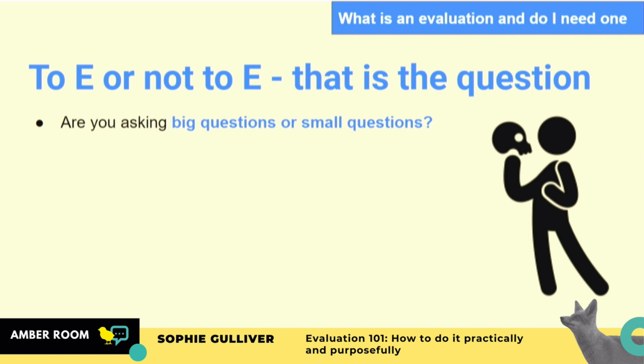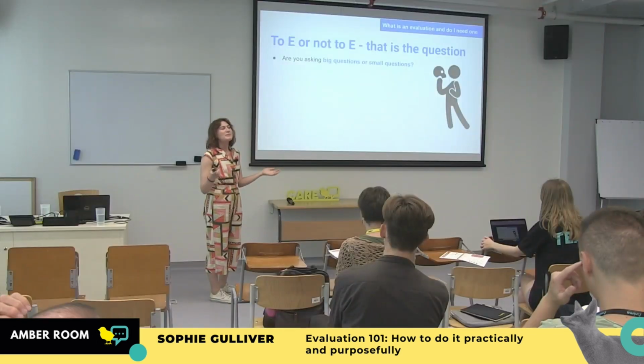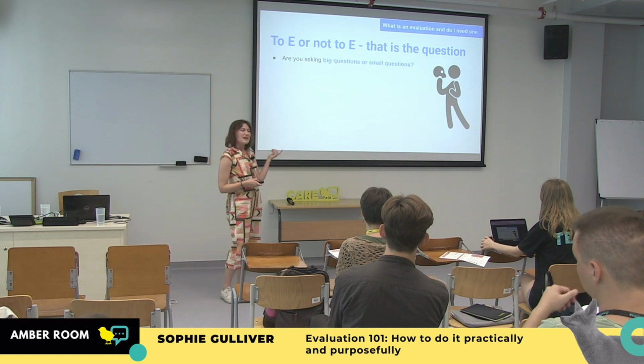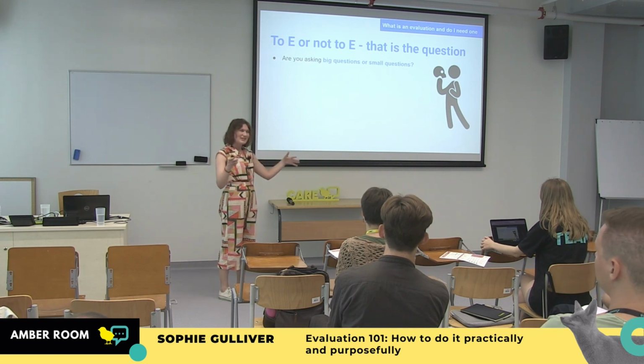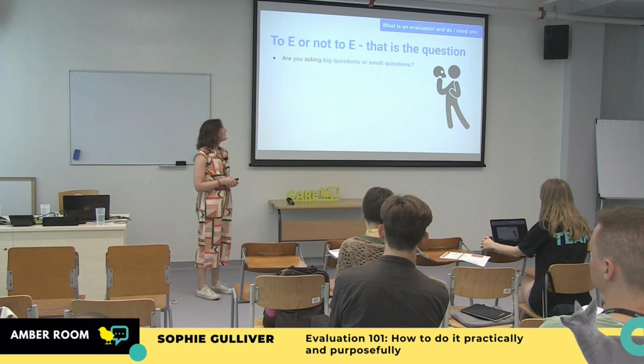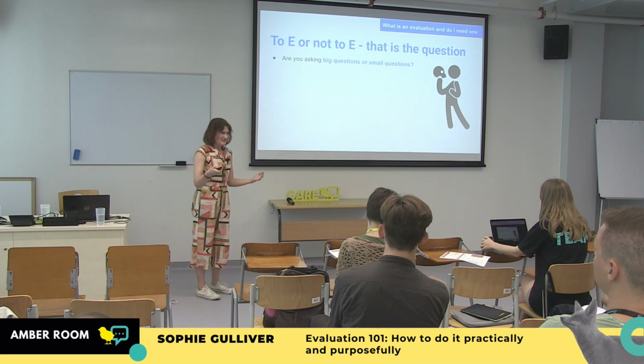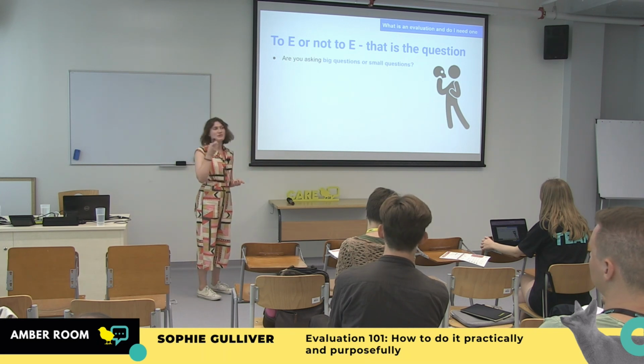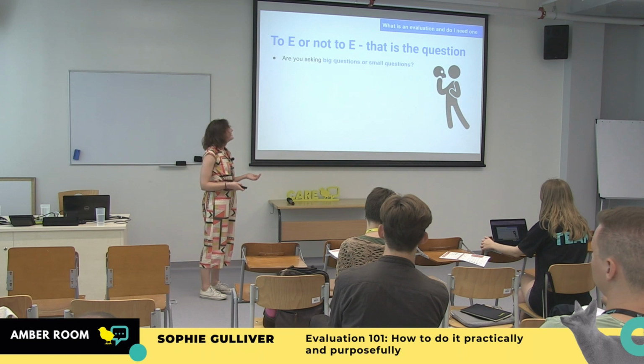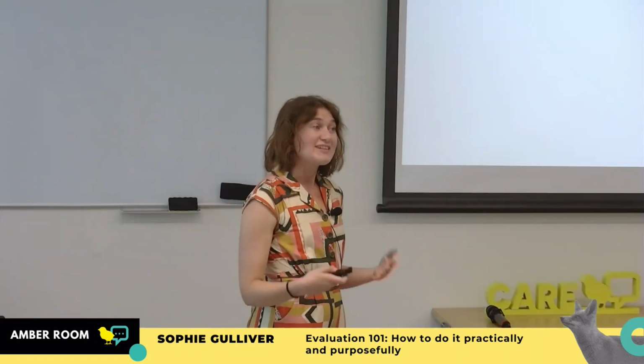Now the difference is that, are we doing the right things, is more an evaluative question. Are we doing things right is more a monitoring question. Are we living up to the plans, the milestones, the goals we set ourselves? So for some of these questions, especially something like, how many people are we reaching? Your monitoring data might just be able to tell you that. You don't need to do a big evaluation to know that. But if you're asking those bigger, substantive questions, like, are we doing the right thing? Is this worth it? It often does require a little bit more digging and an evaluation.